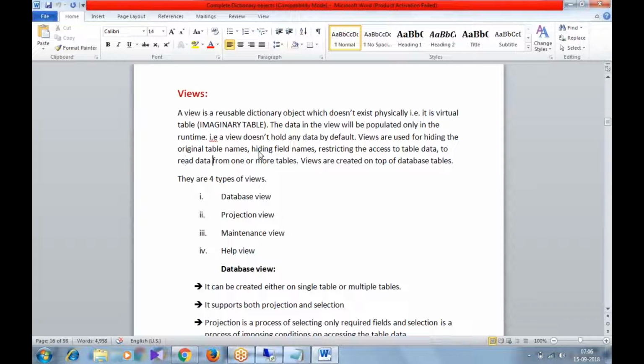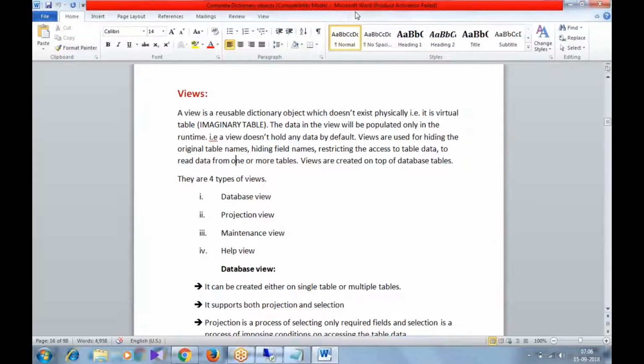We can also avoid joins in the select statements. How do we avoid the joins? We can create the view on top of those dependent tables and then specify that view as part of the select queries. Done. There are four types of views in the ABAP dictionary: